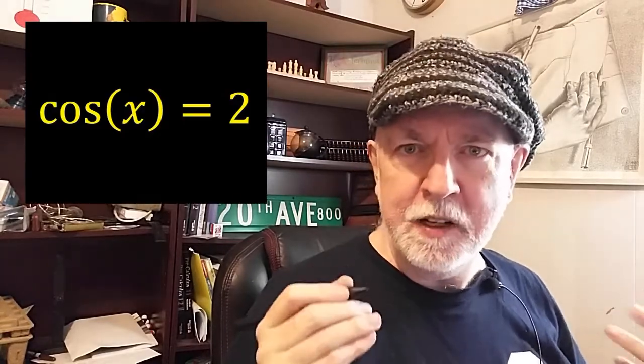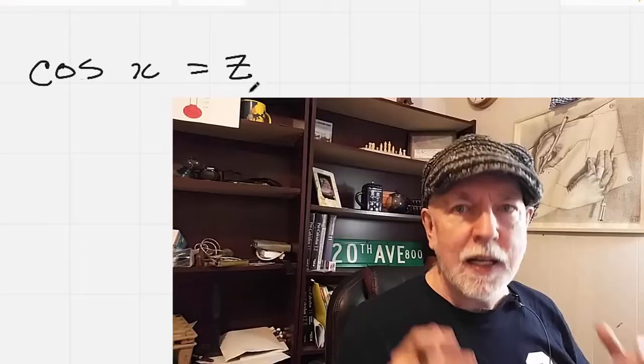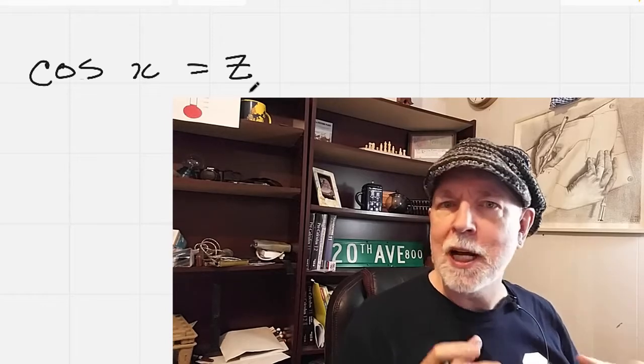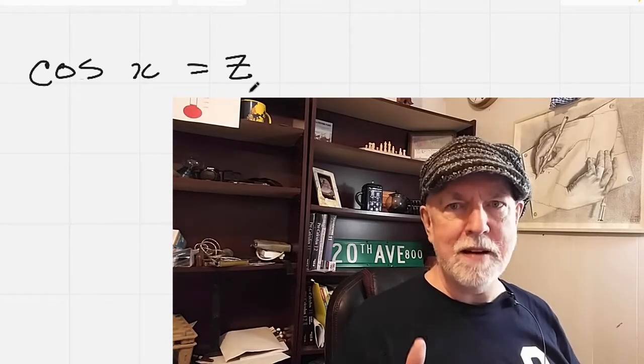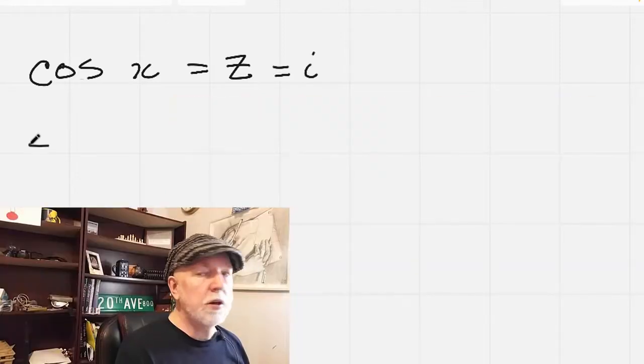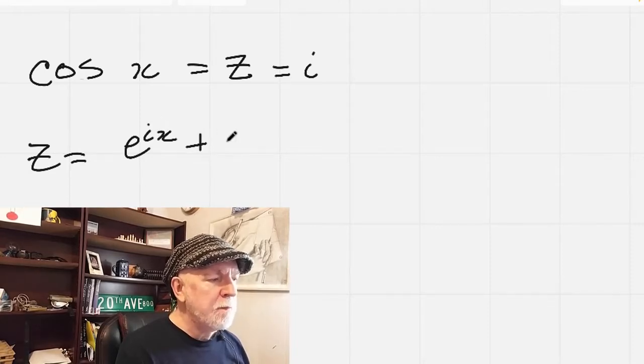If you follow Dr. Payam's channel, which you should, you may have already seen his video about the cosine of x equaling 2. Let's find a general solution for the cosine of x equals some complex number z, and then solve it for i. We'll start with z equals e to the ix plus e to the negative ix all